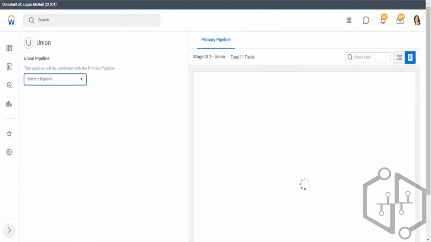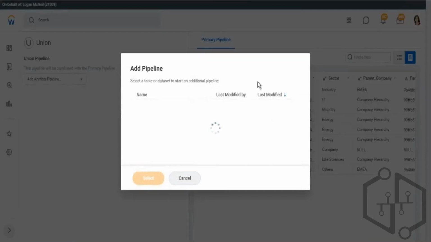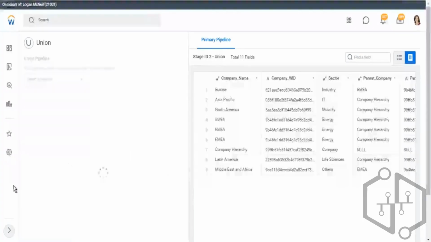Again, I would have to select a secondary pipeline. My primary pipeline is already defined. I want to add another pipeline, and the other pipeline I want to add is DDS02, right? Something we just created. So I am unioning DDS01 with DDS02 in the new derived dataset DDS03. And when I select this,